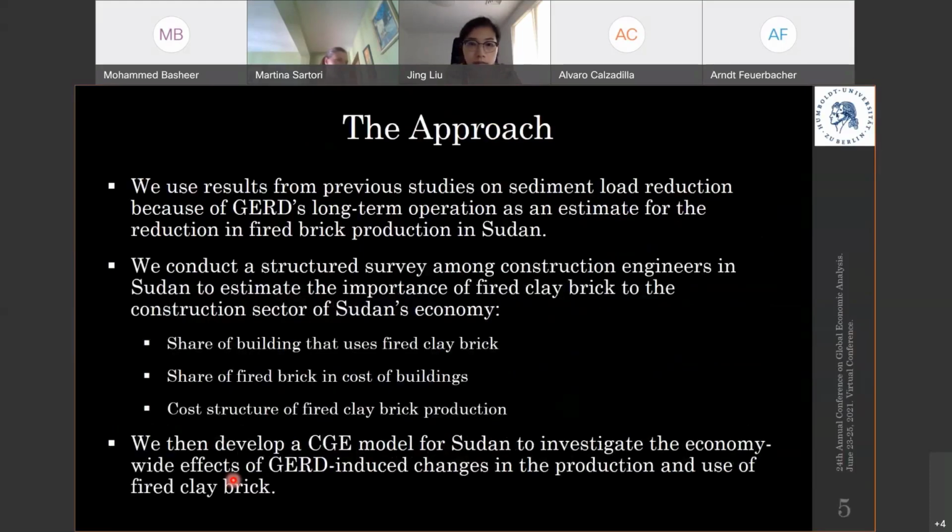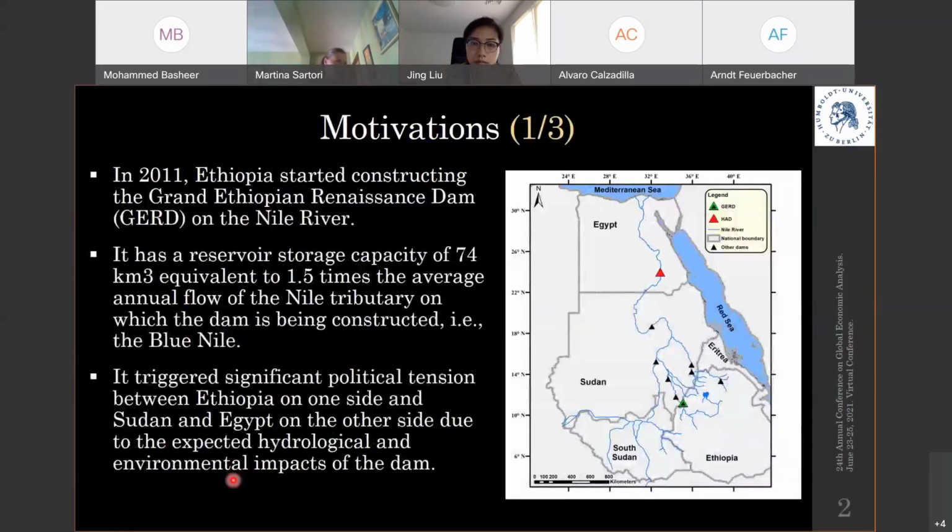Now, in our approach, we relied on some statistics from previous studies on how much of the brick production in Sudan is going to be impacted by the GERD. If we go back to that map, the GERD will impact the production of bricks along the Blue Nile here and then along the main Nile. But there's red brick production elsewhere in the country that will not be impacted by this dam. So first, we needed to quantify the magnitude of red brick production that will go out of the Sudanese economy,